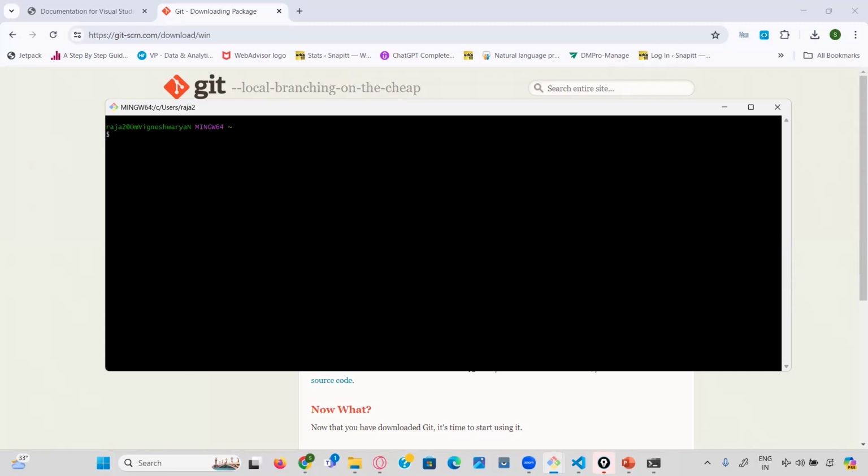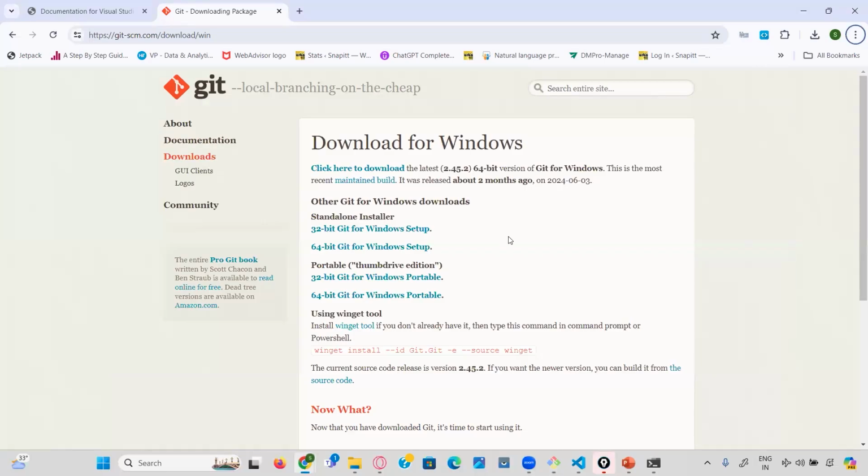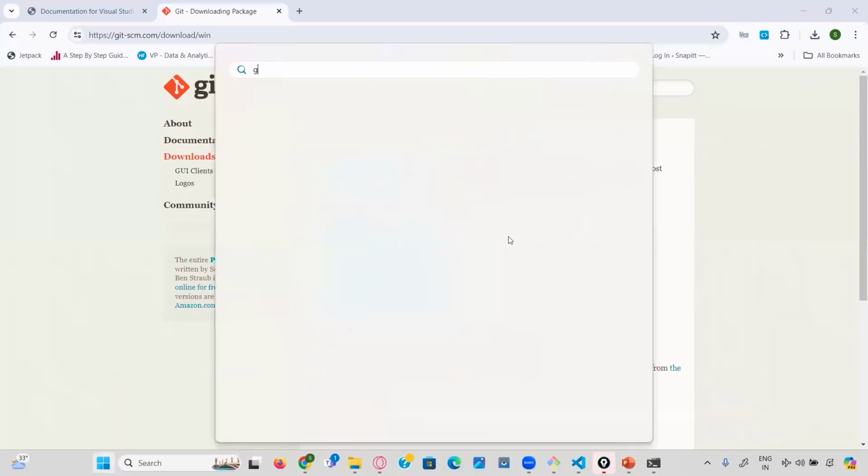I just type pwd, present working directory. Fine. I just type ls -l, nothing is there. Okay, it shows all the files that are available. Leave it. So that is my Git bash. If you want to use Git bash, you can use it. And also you have something like Git